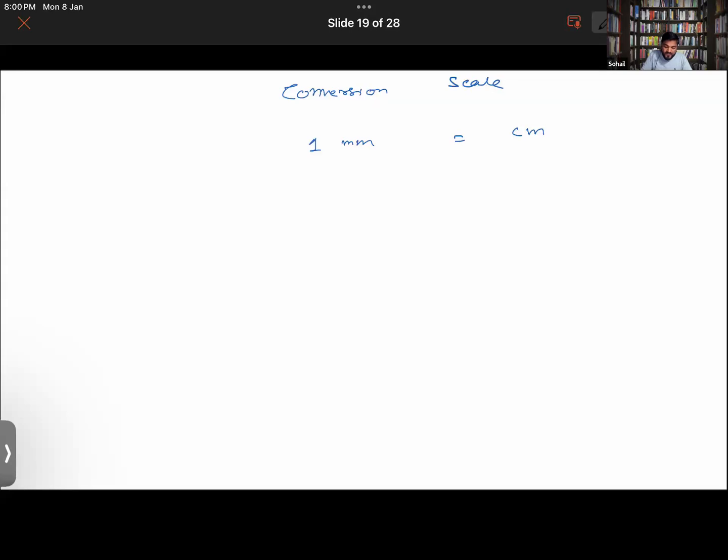See, if 5 millimeter is given in the question, does 5 millimeter become 50 centimeter? No, sir. If you were to have a ruler, will you ever say 5 millimeter will become 50 centimeter? Obviously, no. Yes, Ahmed. We have to divide it by 10 now. See, millimeter into centimeter, you have to divide by 10. Getting it? Okay.